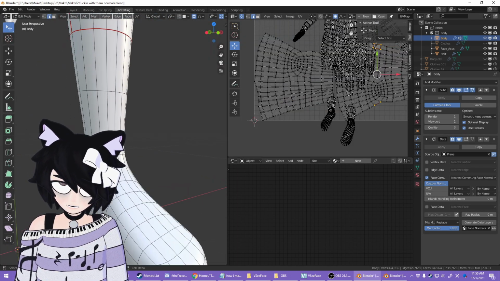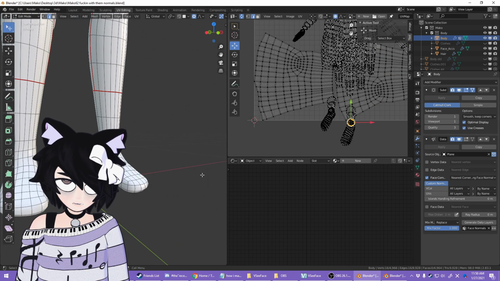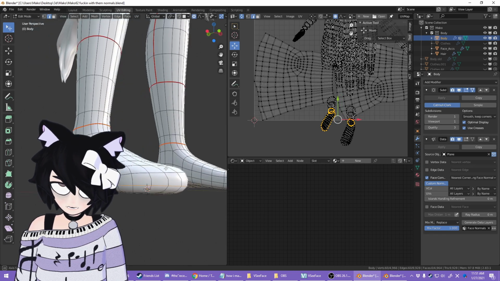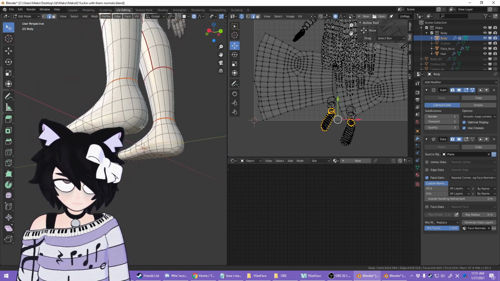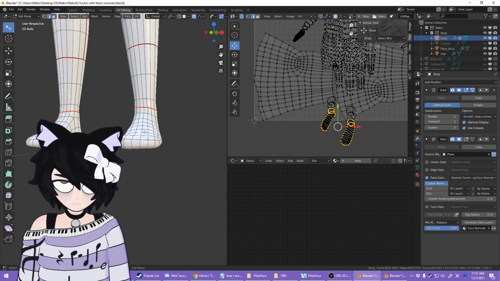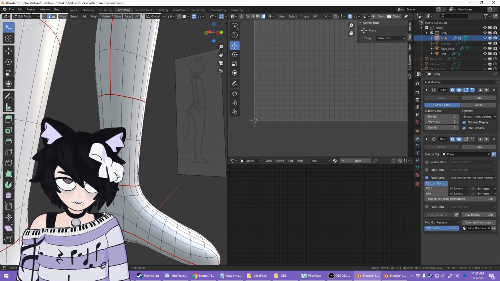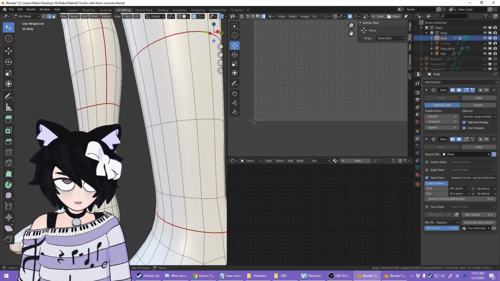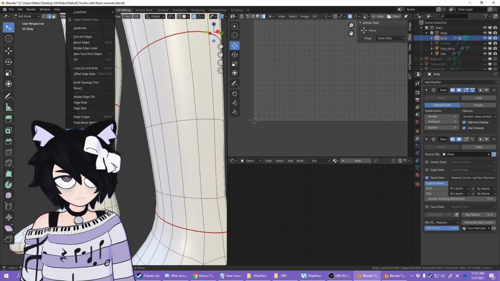Now I'm gonna do another thing for the foot. I'm gonna mark this right here. And I'm going to choose a point that we're going to separate the top of the foot from the bottom of the foot. I'm just gonna do it right here. This is the upper part of the sock right here, so we're going to, of course, also want that marked.